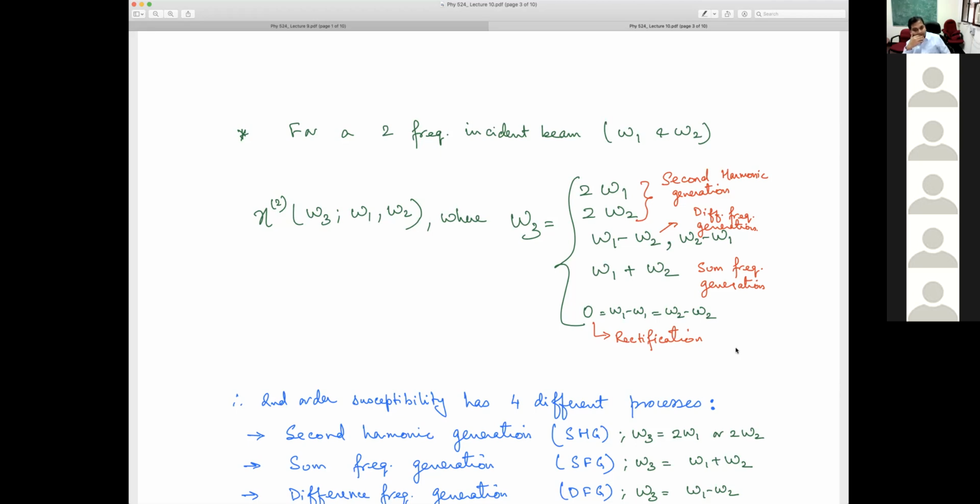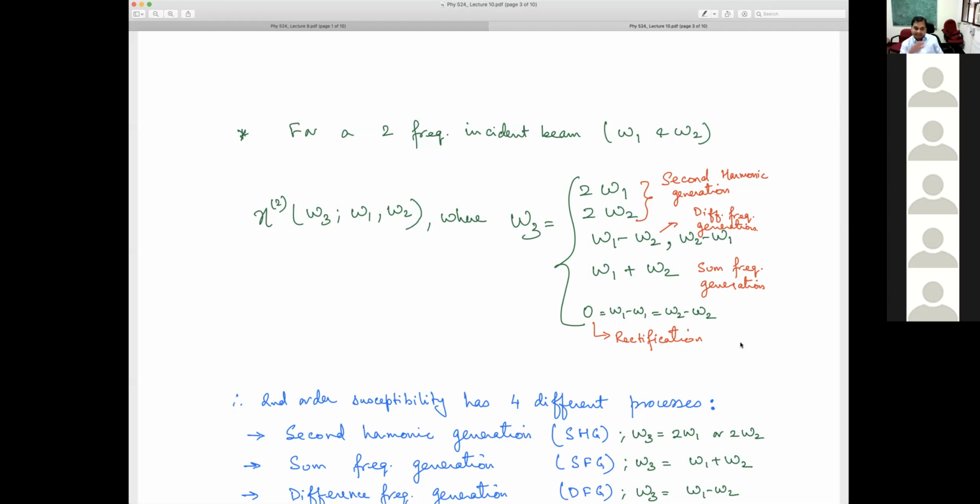Solar cells are a huge industry currently. Some part of our total energy resources in this world is generated by solar cells. I do not remember the exact number, but even 2-3% of our electricity needs are generated by solar cells. And the physics behind all of solar cell application is this optical rectification.